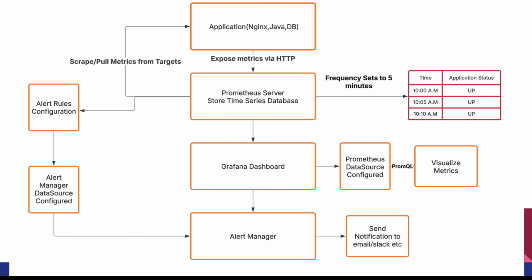Okay, so let's bring everything together. This is how it looks at a large scale. Prometheus collects and stores metrics from your applications, nodes, and services. Alert Manager handles alerting and notifications when something goes wrong. And Grafana visualizes this data and provides insights into your system health. Together, these three tools create a powerful monitoring solution for Kubernetes and cloud native applications.